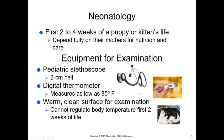Your digital thermometer must read as low as 85 degrees Fahrenheit, and most thermometers don't go that low because there's really no reason to go that low. But if you find a basal temperature thermometer, those are lower temperature thermometers, but you have to make sure that your digital thermometer reads pretty low. You want to have a warm, clean surface for examination, and often you want to have a clean